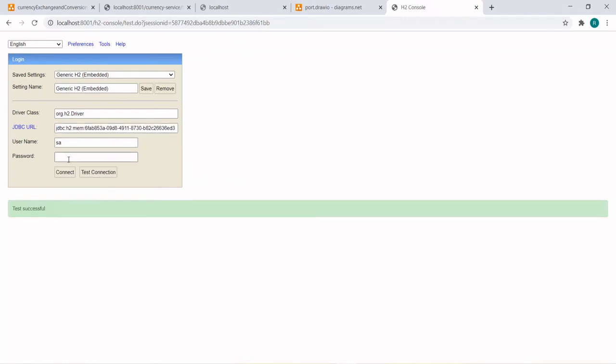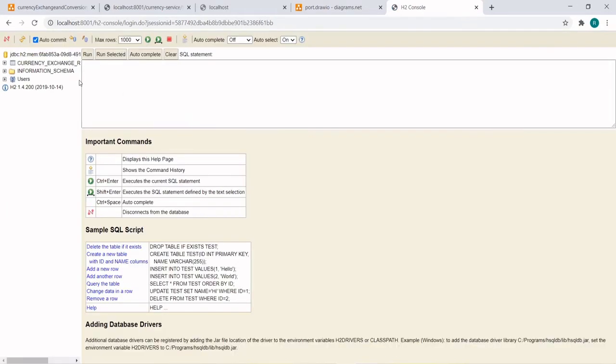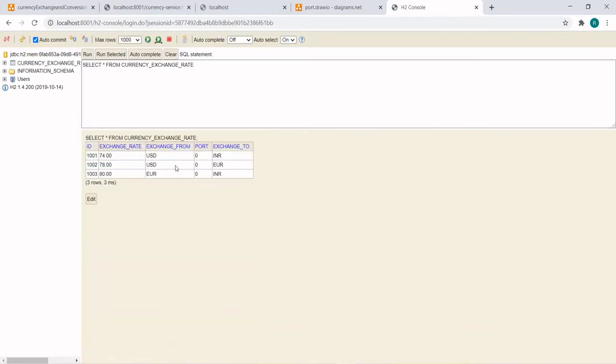Test connection successful, connect, and current exchange rate, execute this. If I pass exchange from USD and exchange to INR, this should return the exchange rate 74. So the conversion rate from currency to currency is 74. If I pass USD to Euro, it should give 78, with all those details.